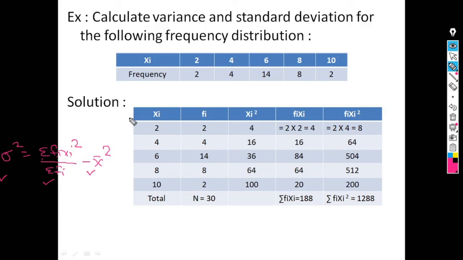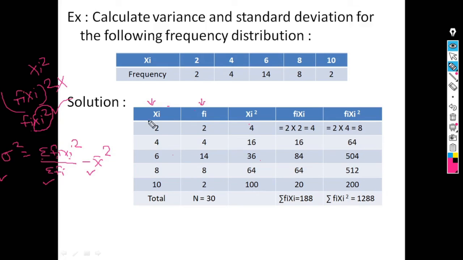So our first column is xi and the second column is fi, which are the two given values, and we write them as they are. Then xi square, because we require fi into xi square. For this, we first calculate xi square separately. Just remember it is only xi square, not fi into xi square. This formula is fi into xi square, so this is wrong and this is right, meaning we have to square the xi and then multiply it by fi.